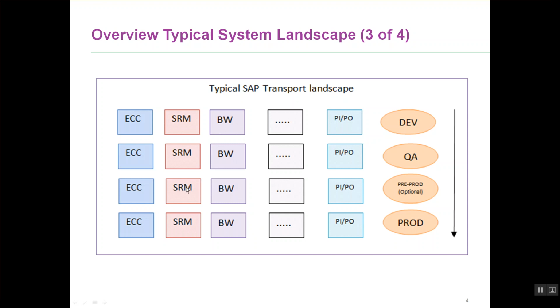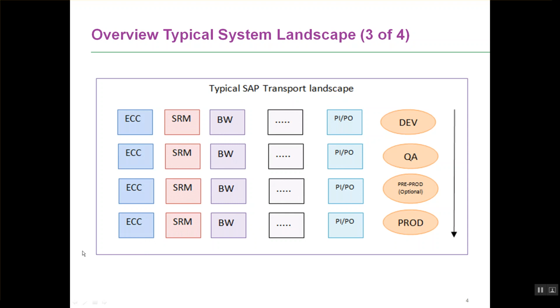What physical instance or what is the database server this SRM system is running on? Basically, all this information is available in your System Landscape Directory. Your SLD will provide you with information around what are the products and software components that are available in your landscape, what are the products that are being used in your landscape, what are the various transport groups in your landscape, and for each system in your landscape, what is the physical detail of the system, what is the IP address, host name, what is the database, what is the client, what are all the patches that are there on the system, and so on.